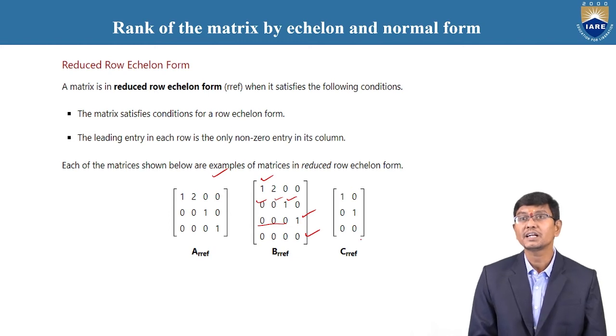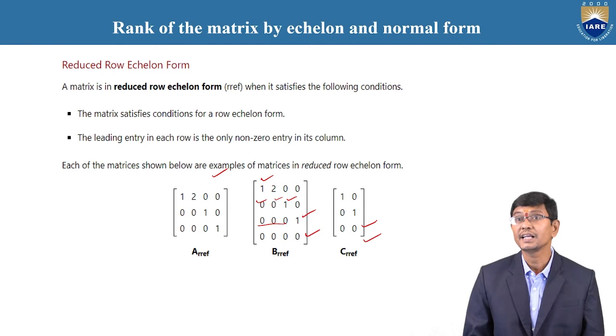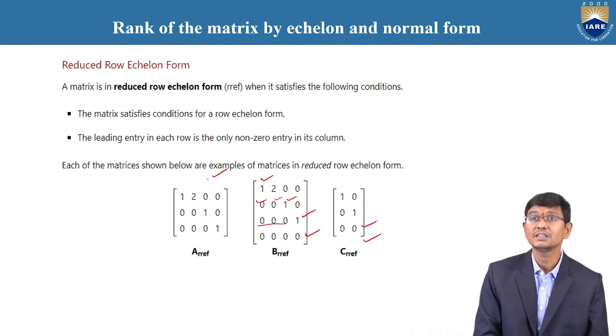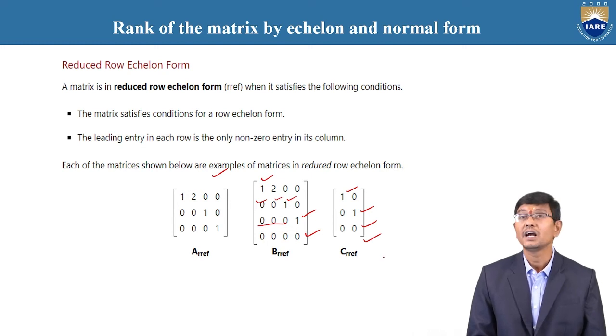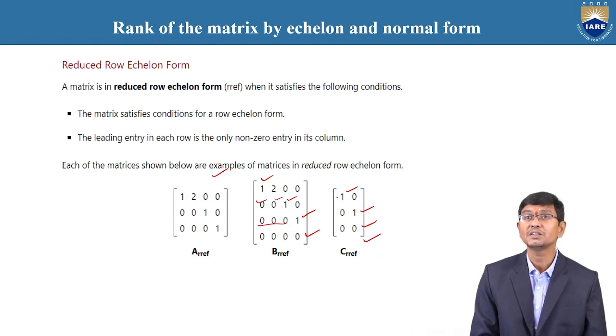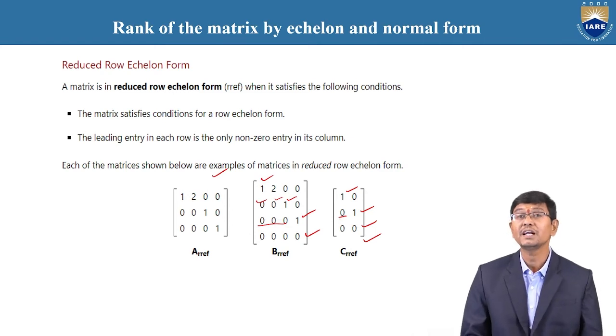And moreover, the third condition, the zero rows are clearly satisfied, that is the last row. And again, the second one, the first non-zero element, which is a unique value, that is a one value, is also satisfied. And the third condition, before the non-zero number, the zero rows are clearly satisfied, that is increasing order. Finally, these three examples are clearly satisfied, that is echelon form of a matrix.